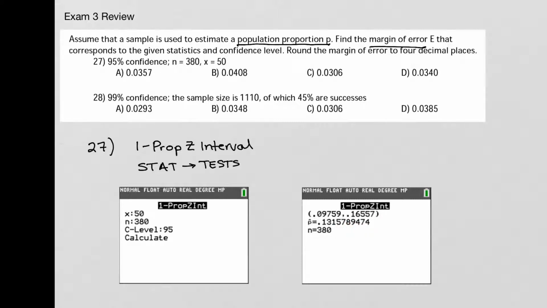0.1315789474. But we want to find the margin of error. So in order to find this margin of error, and there's a few ways to do this, but I like to just stick with one way consistently. So I'm going to find the margin of error by taking p hat minus our lower limit. So that's going to be 0.1315789474 minus